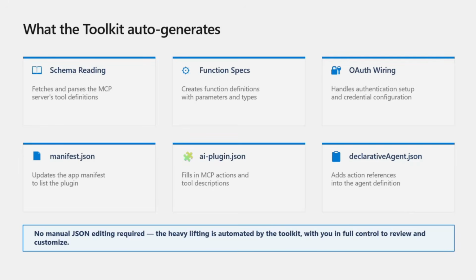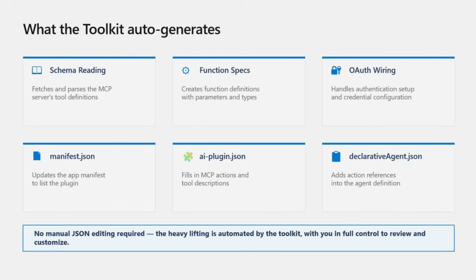And it also generates your application's manifest JSON file. It fills your AI plugin JSON with the MCP actions and the tool description. And then we also have the declarative agent JSON file where it adds the action and the reference to the MCP server into the agent's definition. So again,